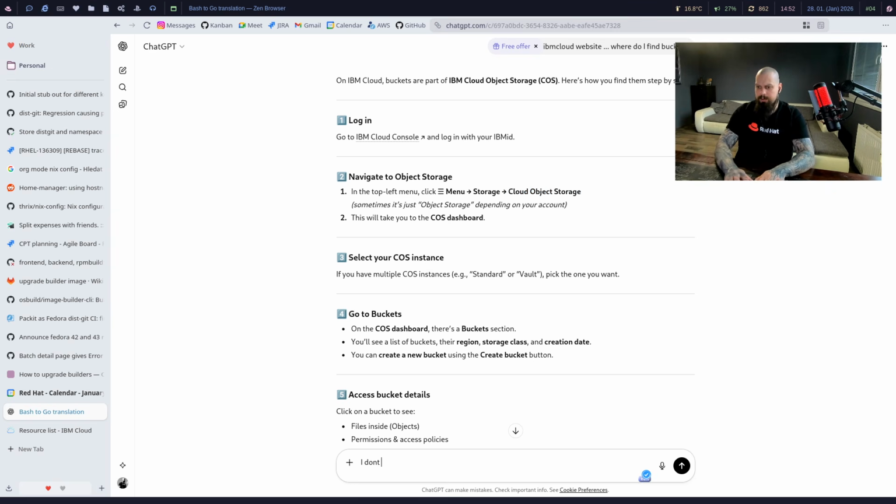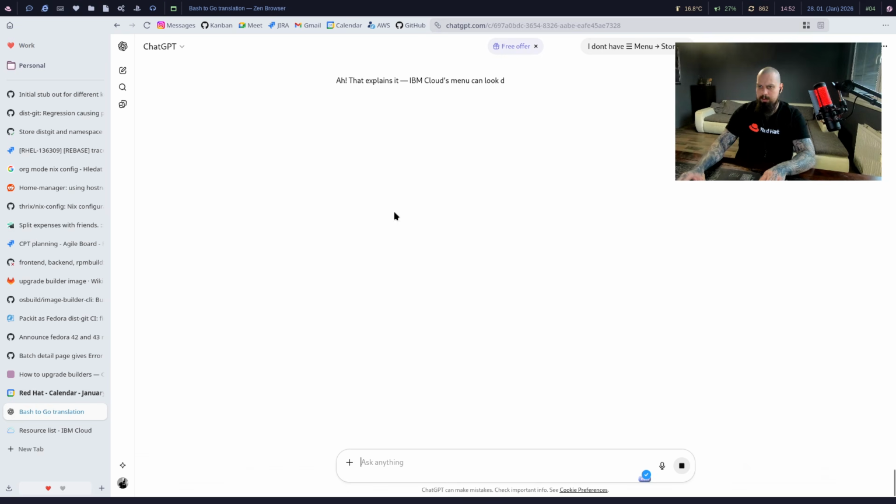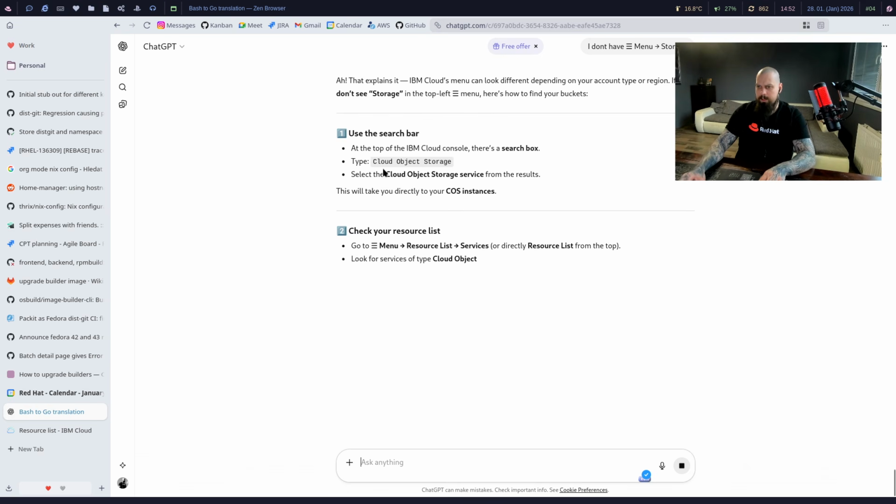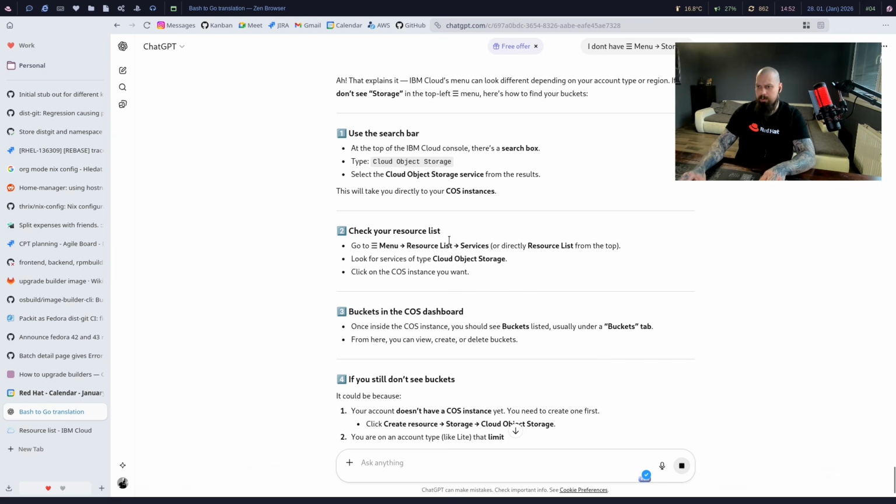I don't have menu storage. Search box, IBM Cloud, menu, resources, services. Okay, so if we try this,